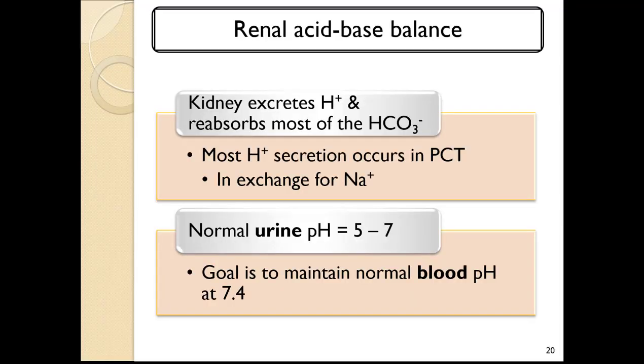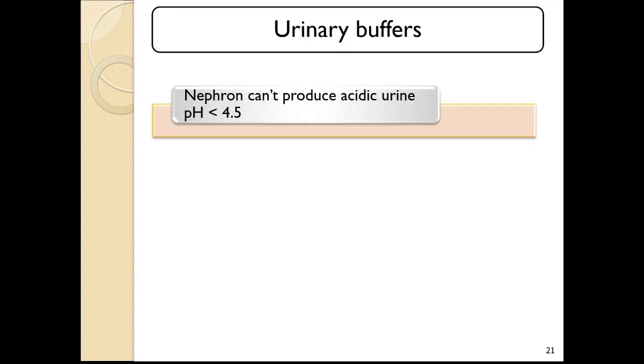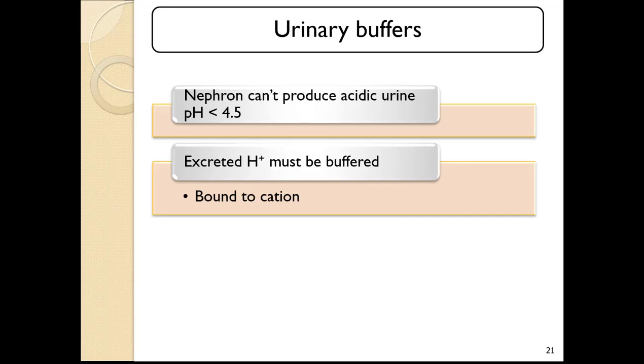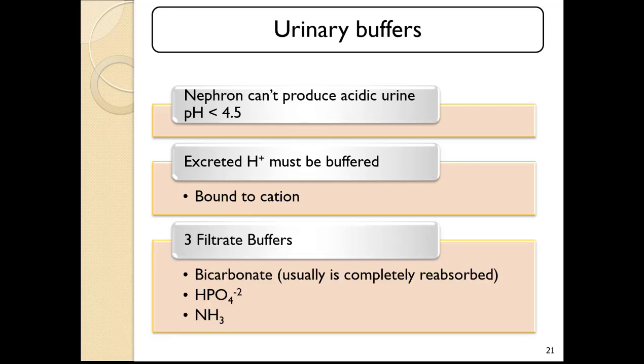So now let's go ahead and take a look at a few more facts about urine here. So let's talk a bit about urinary buffers. So the nephron cannot produce very acidic urine. If it's below a pH of 4.5, it's typically just not going to happen. So very acidic urine will damage the cells that are transporting it out, and so therefore we want to buffer that urine if we can. All right, and so that's what we're talking about here. It has to be bound to a cation,